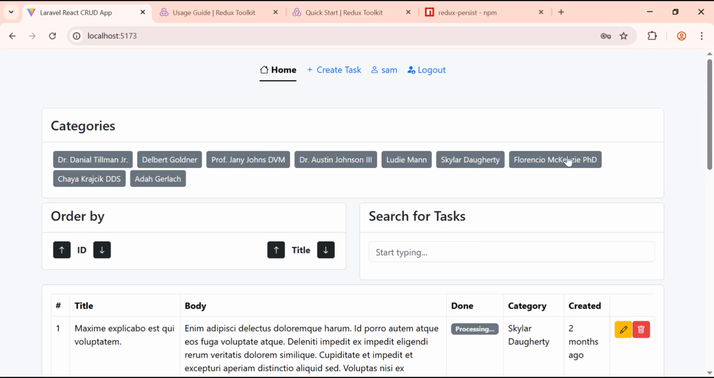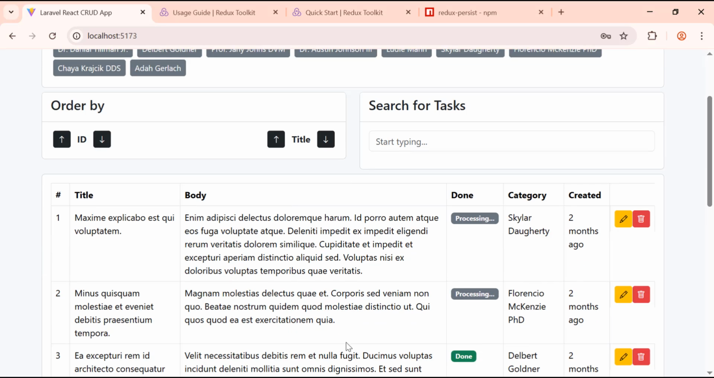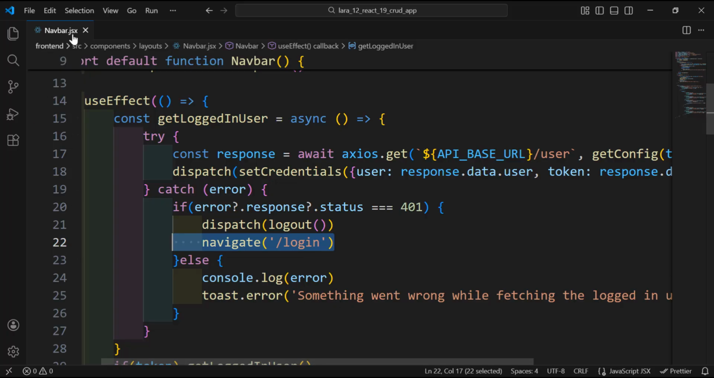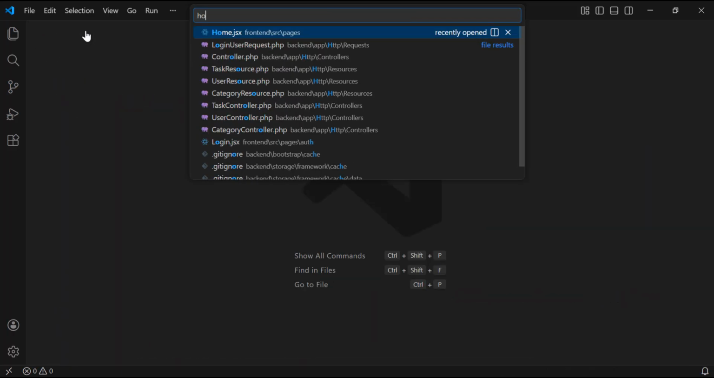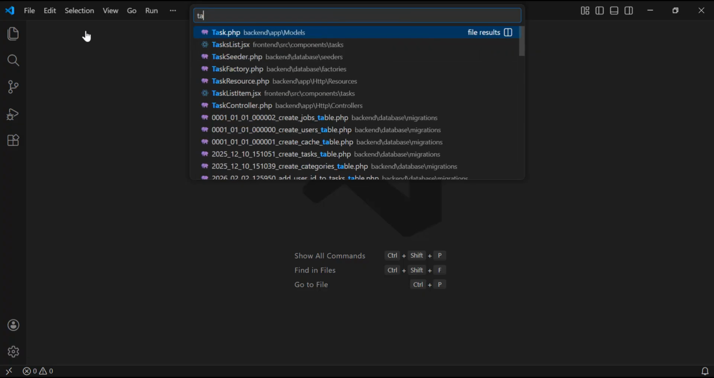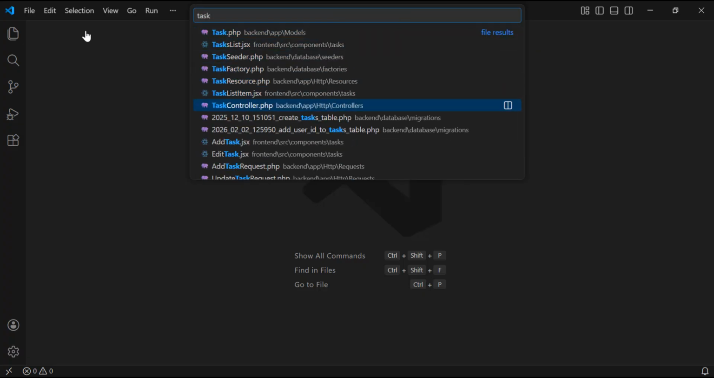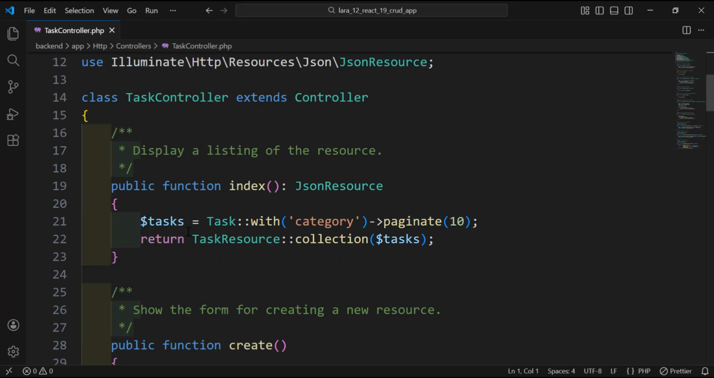Now we have the currently logged in user. Let's display only the tasks of this user. Let's go to, I think, the task controller. Okay, so let's check. So here we get tasks with category. We can use the